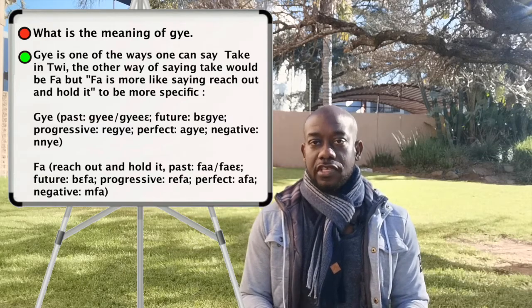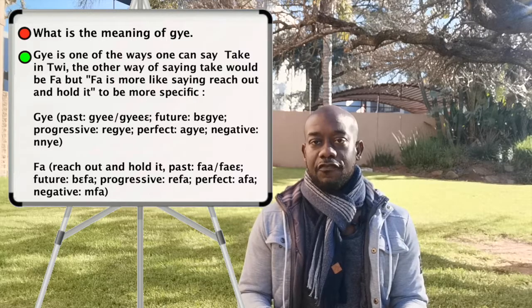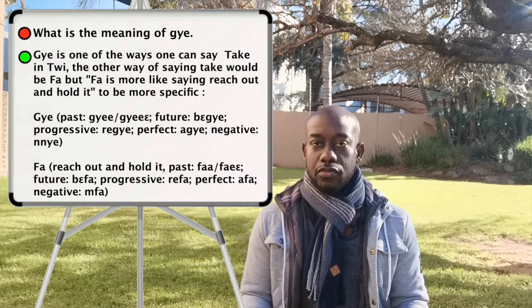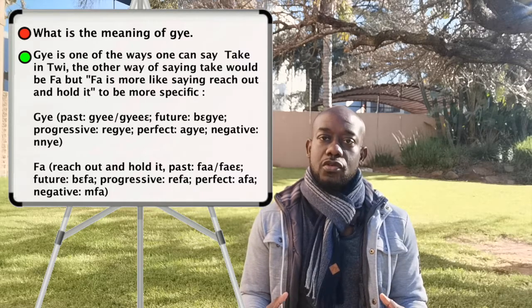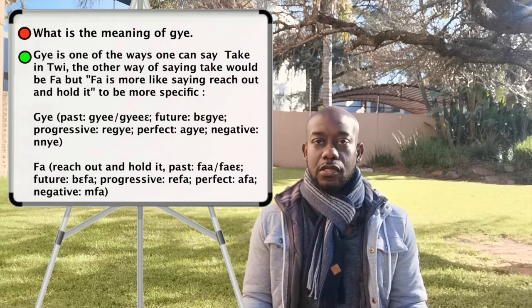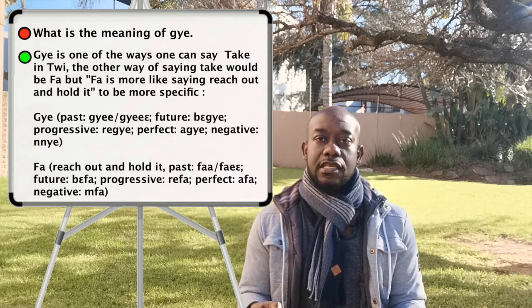Literally, J in Twi is take, right? So if I say J, afing is comb. I'm saying take this comb, right? But one can also use fa as take as well. So if I say fa afii, I'm also saying take this comb.